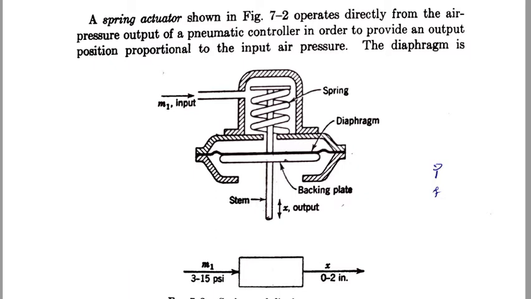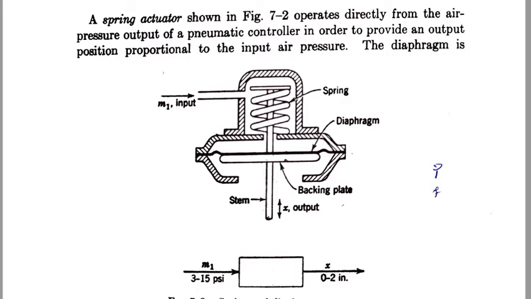In the same way, this is a diaphragm. The diaphragm construction will be like this. When you apply pressure from the upper side, it will move down, bending like this. Whenever you apply pressure on the bottom side, it will bend upward in this direction. So the bending of that particular diaphragm gives the displacement. This will be connected to the control valve. Here you see the diagram.